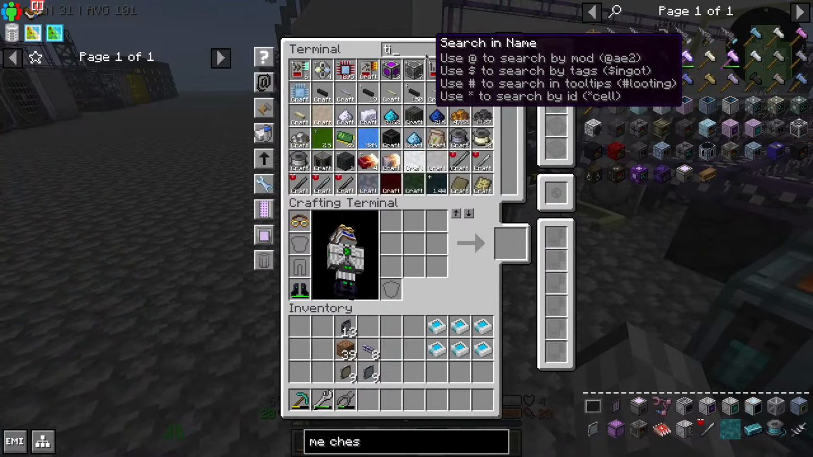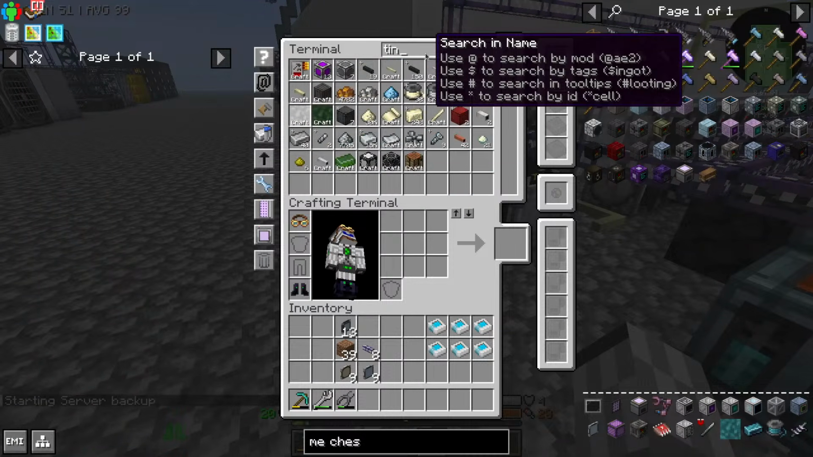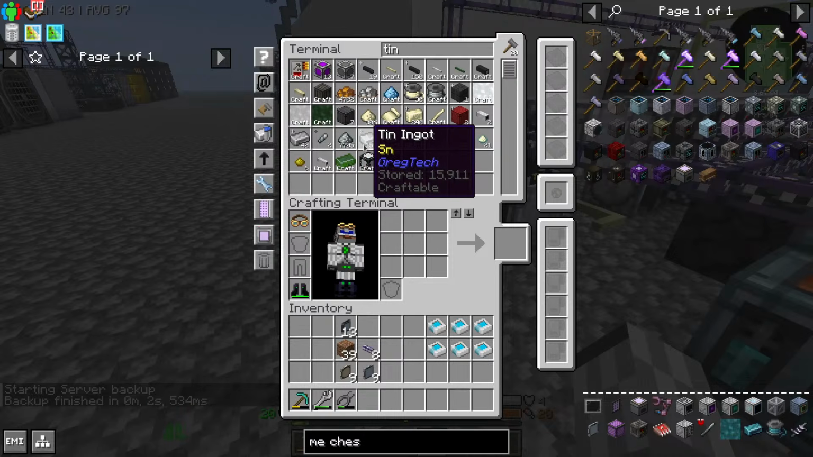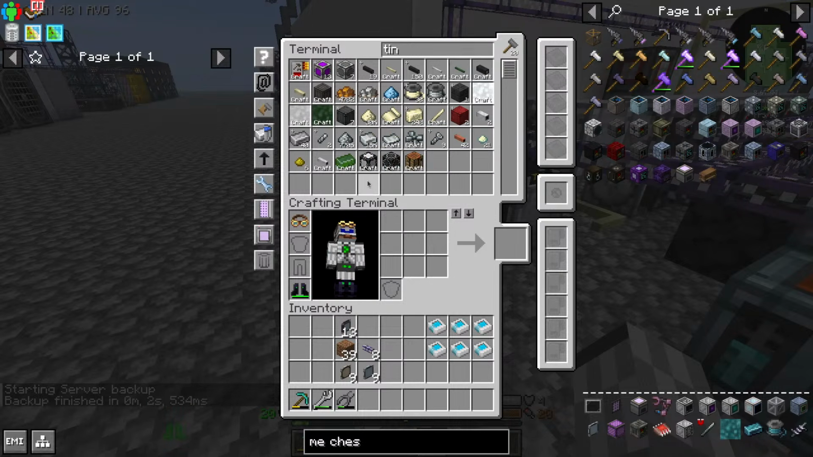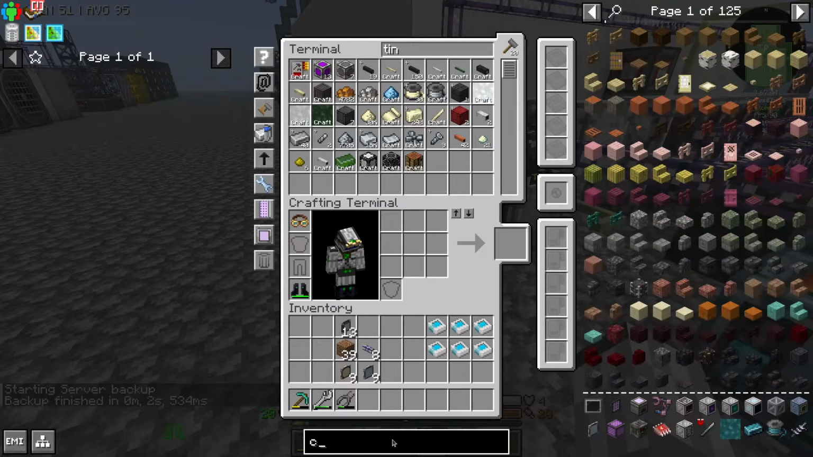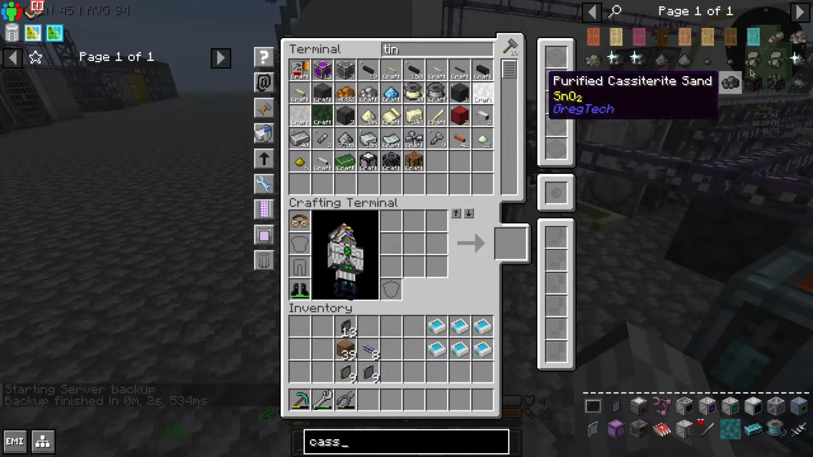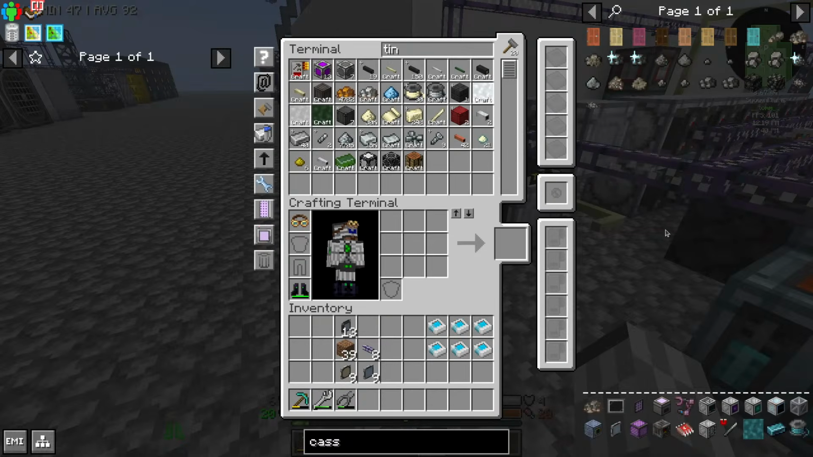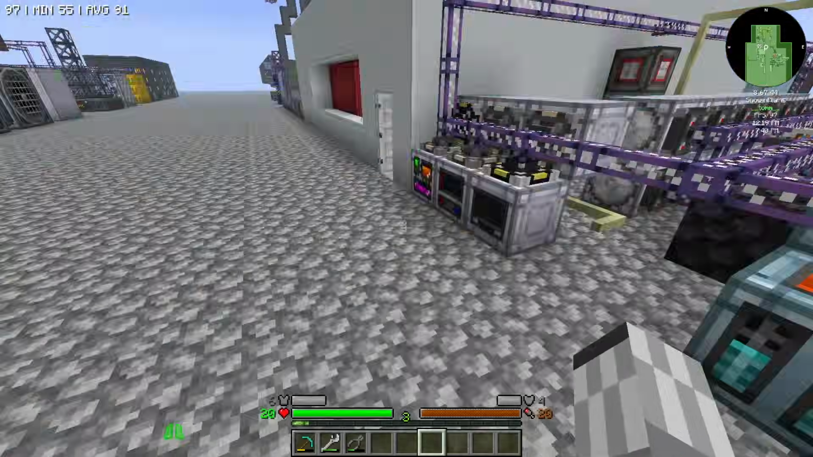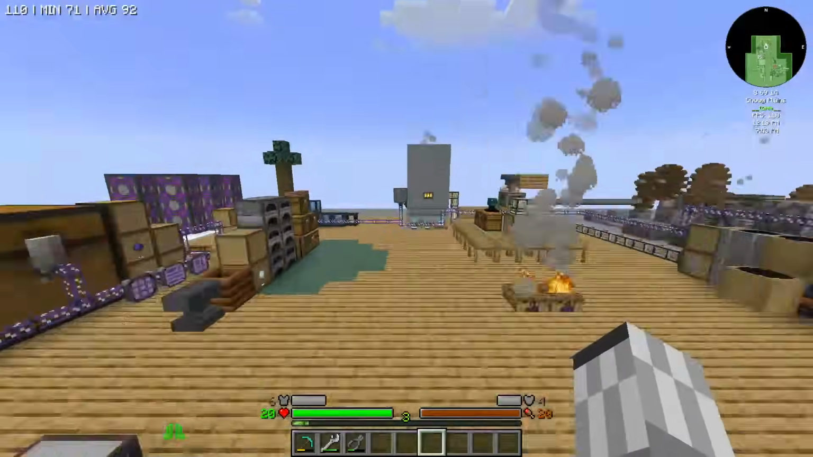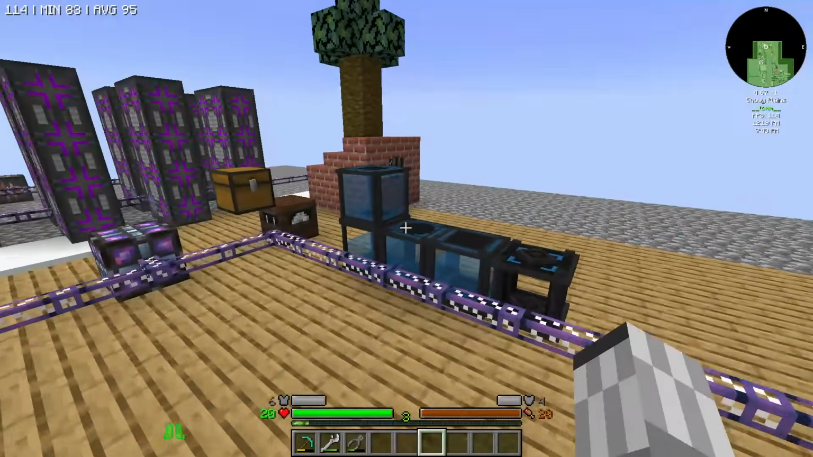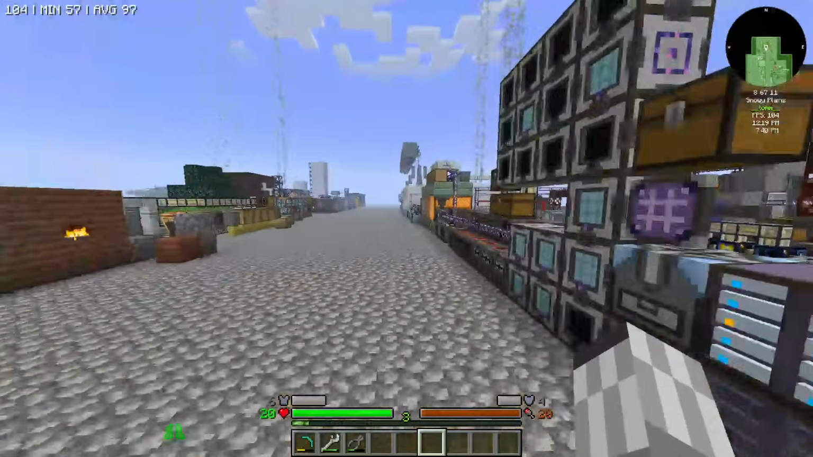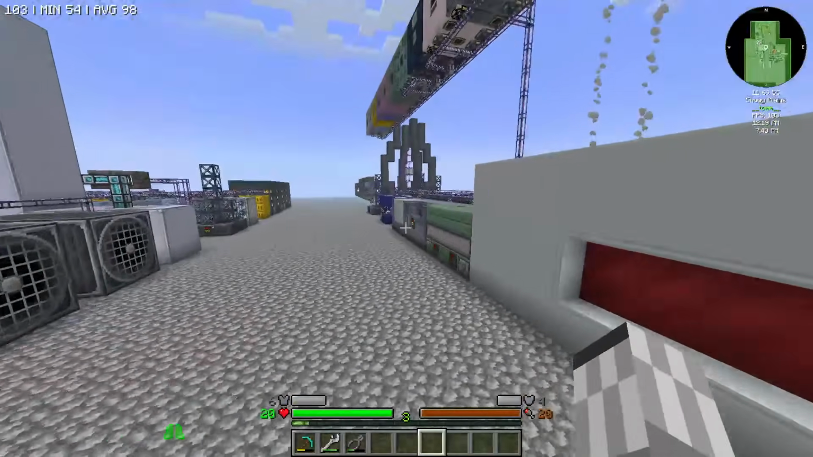Now, I'm afraid a little bit of cassiterite. All of the cassiterite went into tin. Okay, tin looks good. How am I making cassiterite? Cassiterite is produced by centrifuging this stuff. Alright, so this one is passively produced. Then, energy-wise, doing decently. Okay, then